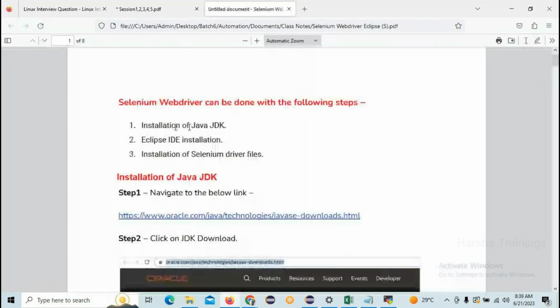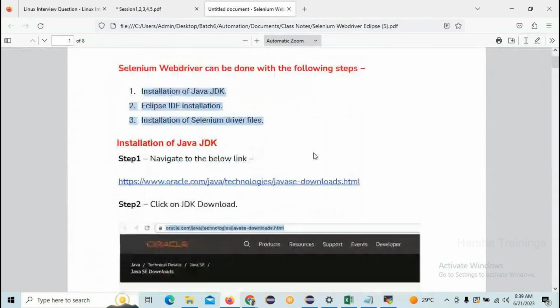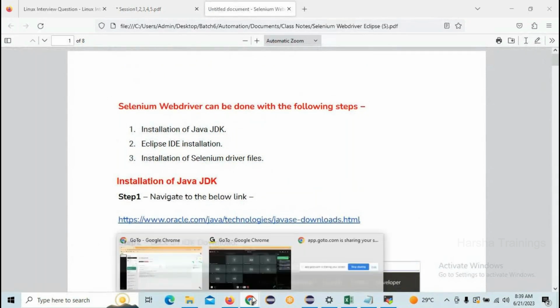If you want to run Selenium scripts, these three are very important. These three are very important. I have already given a quick guide in this material on how to install everything clearly. But I will tell you again how to install. Installation of Java JDK. Okay, just go through Chrome,